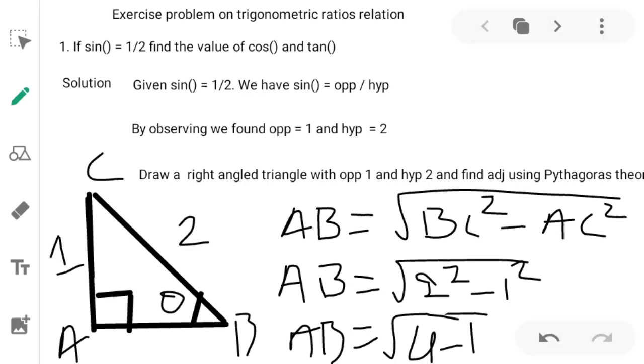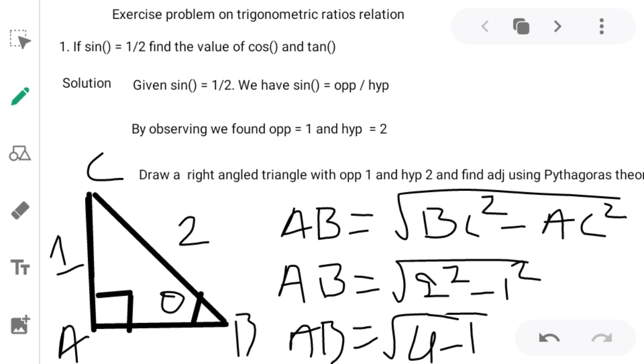For example, sin theta equals root of 1 minus cos square theta. Otherwise, sin square theta plus cos square theta equals 1, 1 plus tan square theta equals secant square theta, and cot square theta plus 1 equals cosecant square theta. So many relations are there. In this video, I am going to give some worked examples which are useful in general trigonometrical calculations.